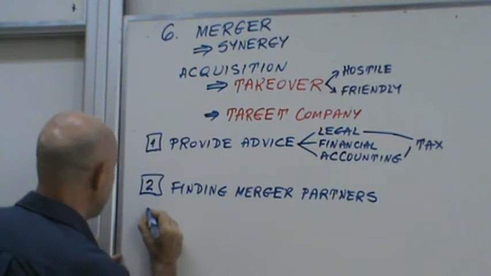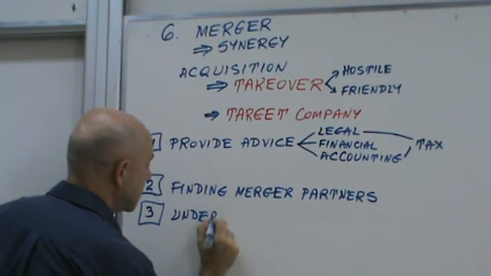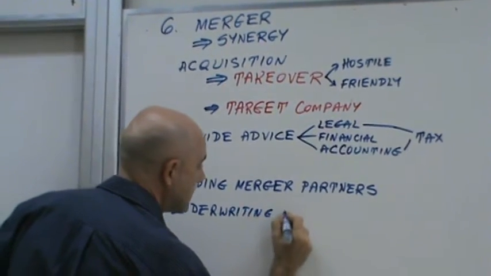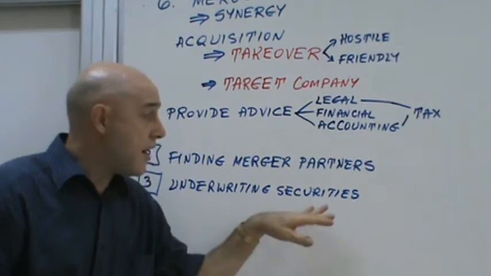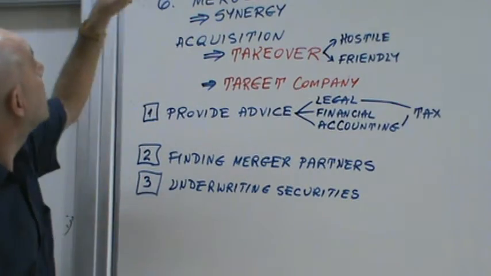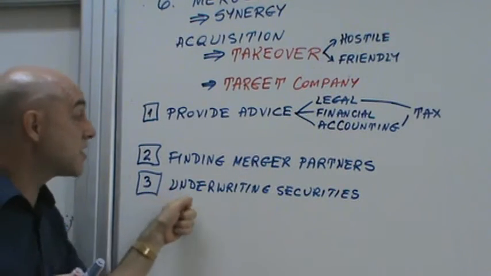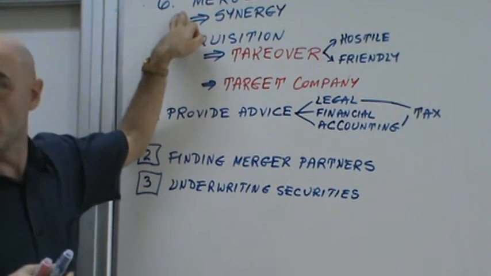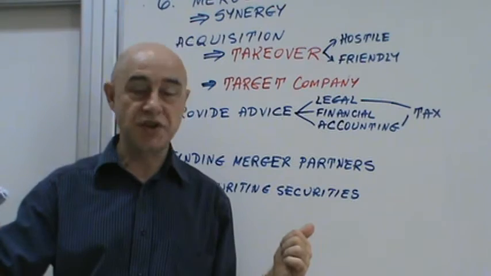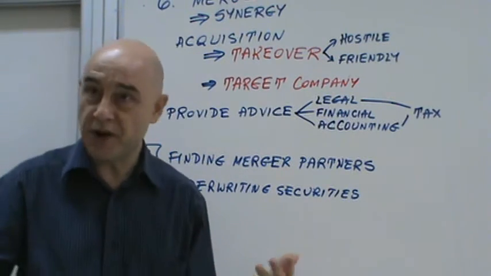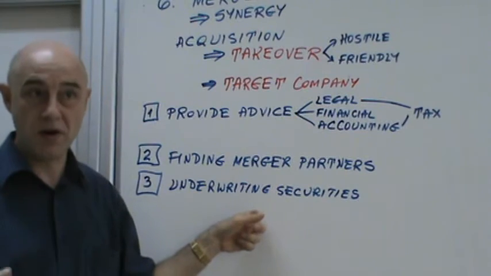Number 3. Underwriting securities. Now, this appears to be part of function number 2. Look up there, investment banking, but it's slightly different. This is underwriting securities in a merger or in an acquisition. In other words, when there is a merger or acquisition, there will be for sure a payment. If the payment will involve the issue of new stock or new bond,